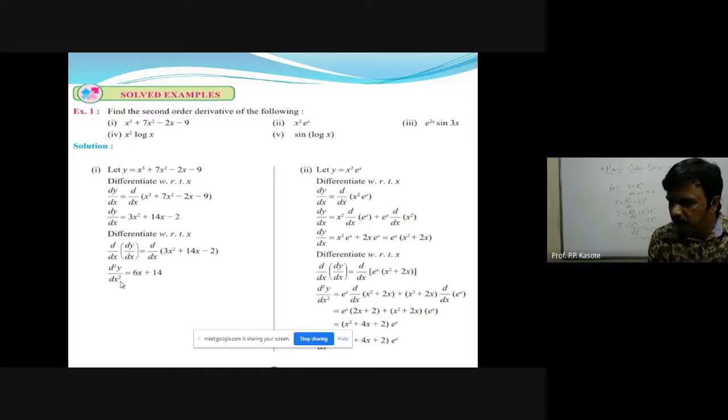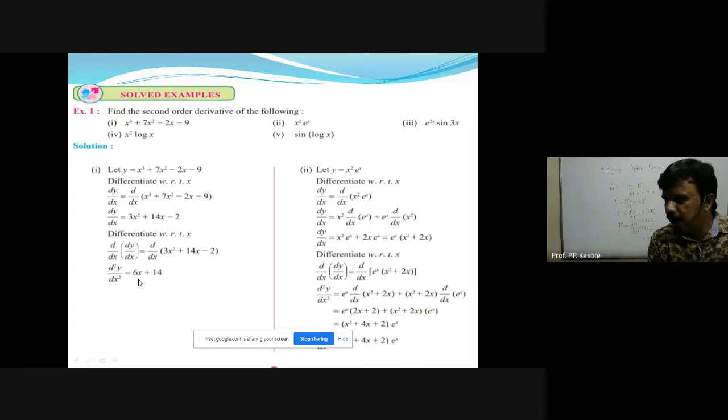Generally we denote the second order derivative as what? y double dash or d square y upon dx square. As I told you before on board, we write it as y dash, y double dash, y triple dash. Okay, or else you can write it like this. So here we have written in the simpler form, d square y upon dx square, which is equals to,